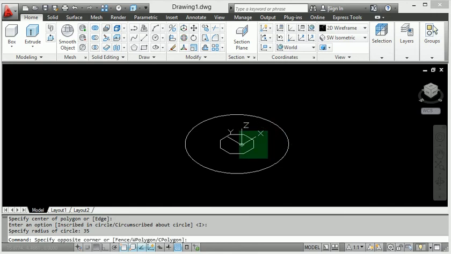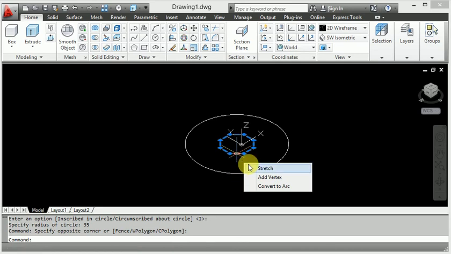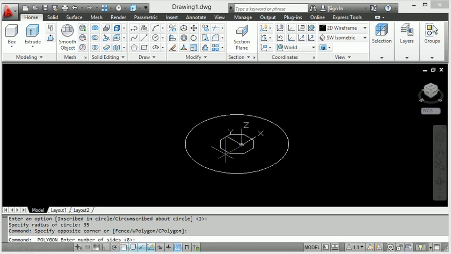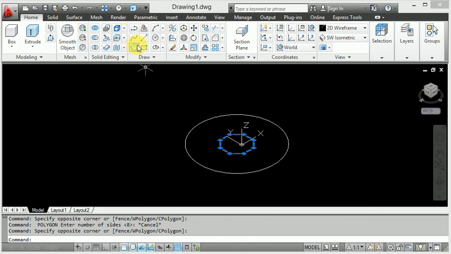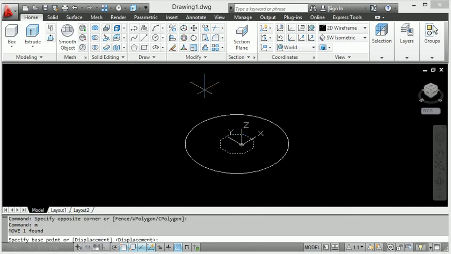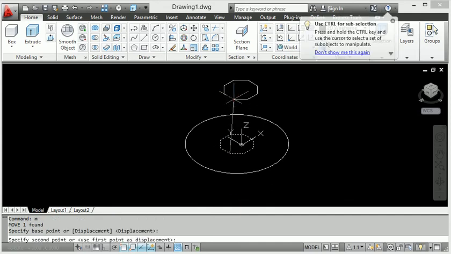After that, I will select this whole diagram and go to move. So M, enter is the move command. Now select this and move. If you note this, I put M, enter, apply the move command, start the point and go in the up direction.